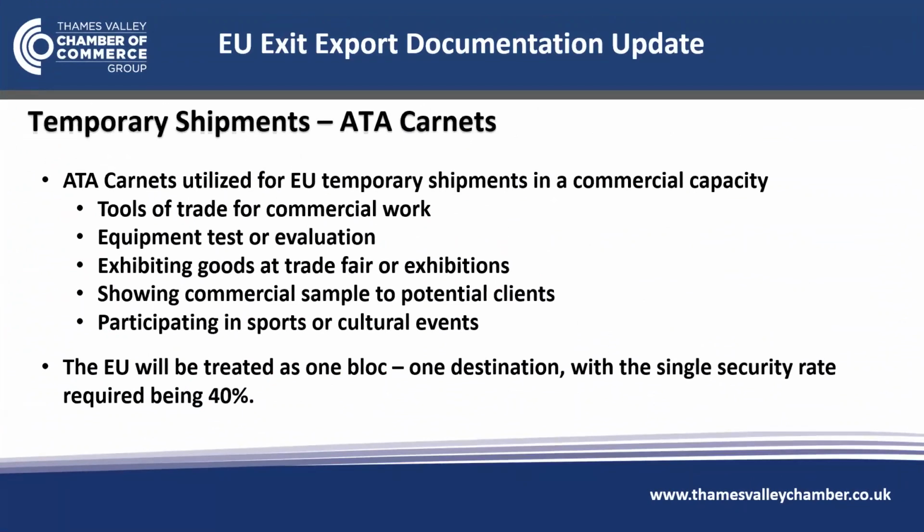So the final document I'm going to go to in a bit more detail is temporary shipments using an ATA Carnet. So ATA Carnet is utilised for temporary shipments used in a commercial capacity. So that might be tools of the trade for commercial works being done, equipment, testing, evaluation, exhibitions, trade fairs, commercial samples, or sports and cultural events. And I know we have quite a bit. Olympics are still scheduled at the moment, so we have quite a lot going out for the Olympics, so they